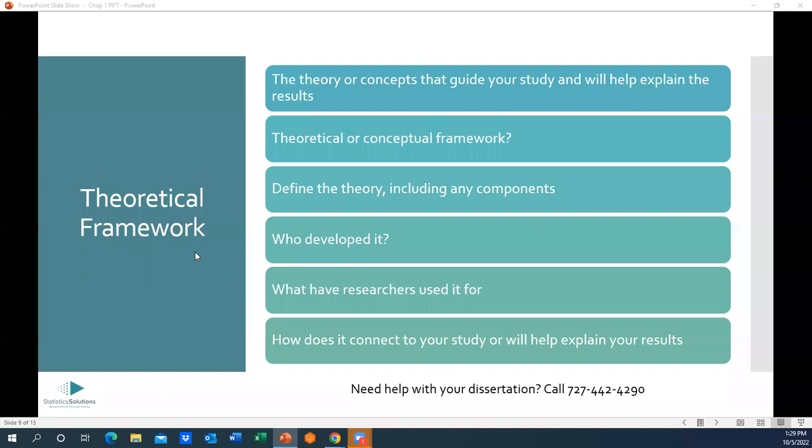I think it does have components. You're going to want to talk about those components and define those, right? You also want to talk a little bit about what other researchers have used the theory for. And then a little bit about how it connects to your study. So if there's a certain component of emotional intelligence, managing emotions or something, you're going to have to talk a little bit about how that component relates to what you're doing. Okay,